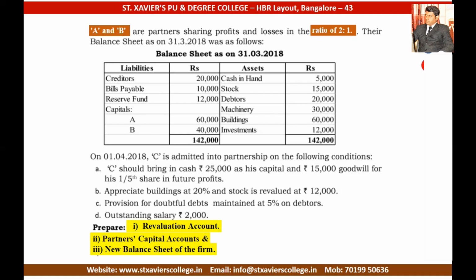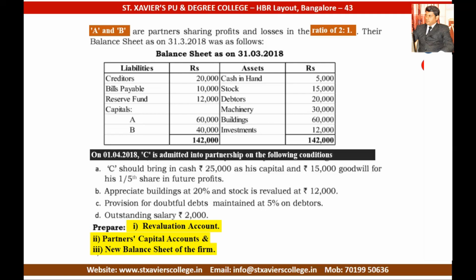In admission of a partner, you all know that a new partner comes into the business. When a new partner comes into the business, he should bring capital and goodwill for the business. Now you can see who the partner coming into the business is, how much capital he is bringing, how much goodwill he is bringing, and how we need to treat the capital and the goodwill. Let us check now.